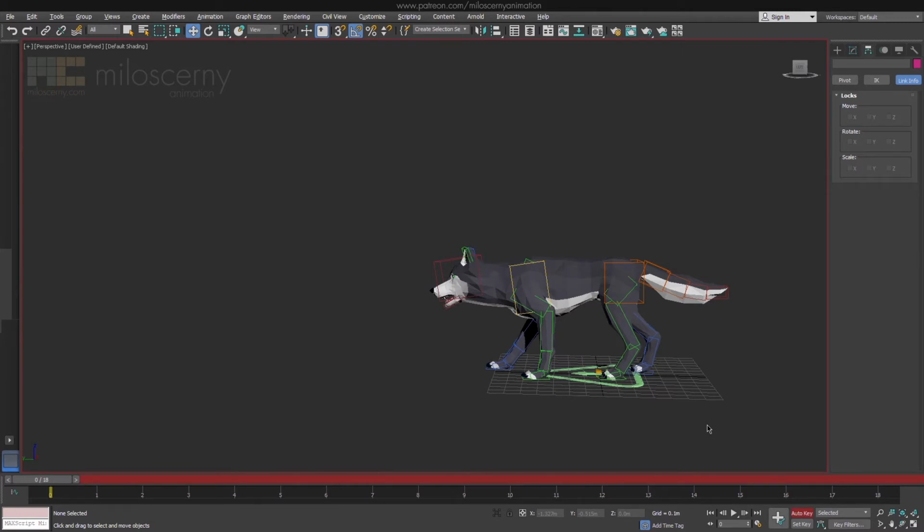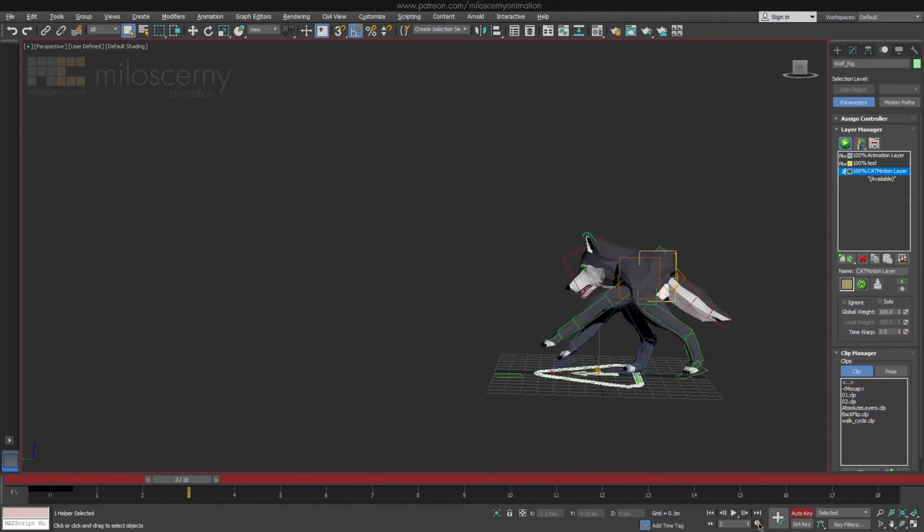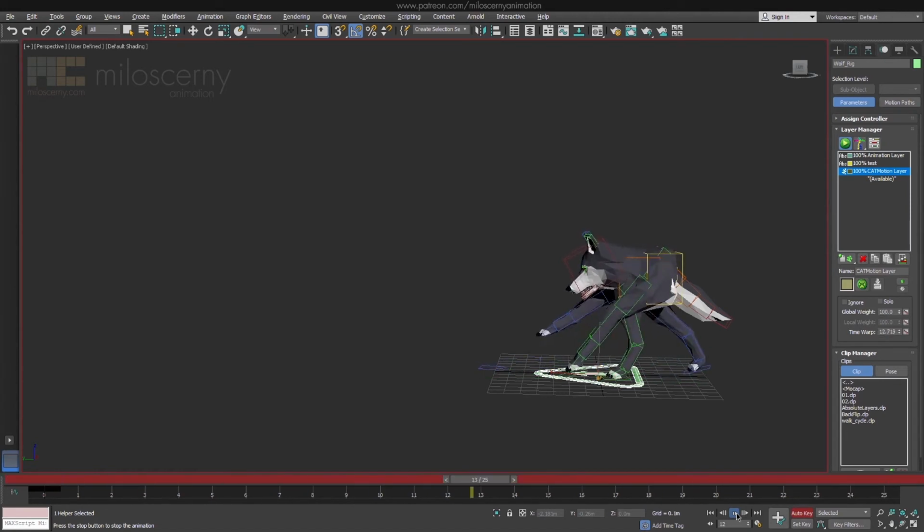However, we are not done with the video yet, because this setup creates another issue, and that is with the CAD's motion layers, or procedural animation if you will. If we create a new motion layer now, this will happen. You can see that the root bone took the animation of pelvis and pelvis is not moving. This is because we rearranged the hierarchy and CAD's motion layers consider the first bone as pelvis.